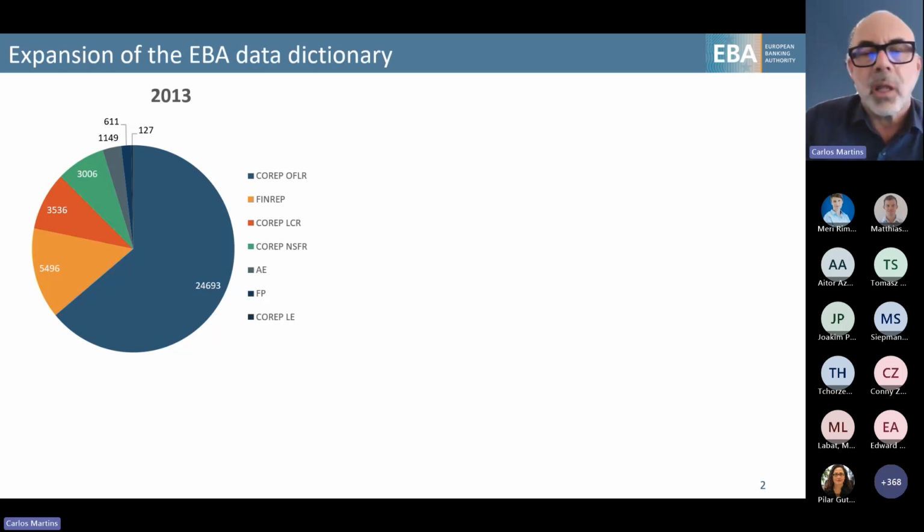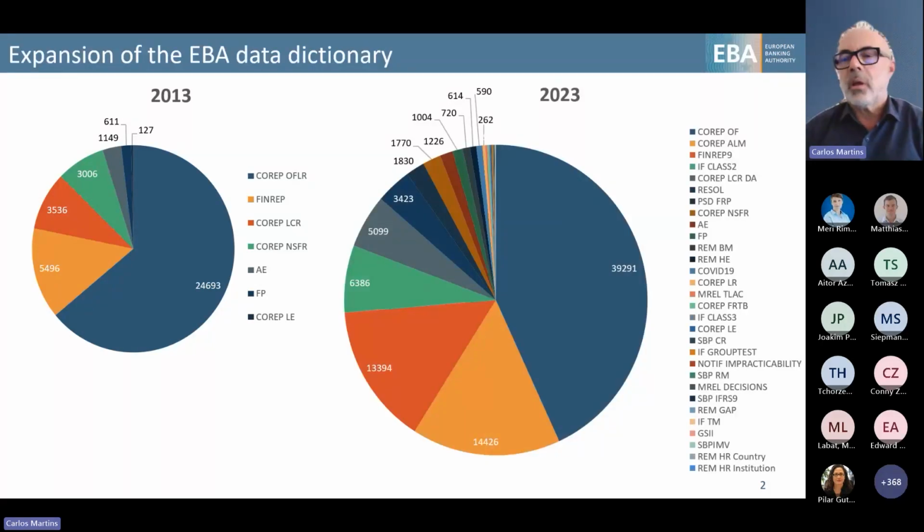And now, 10 years later, we have gone through many releases, and what we have now is a large set of different frameworks that all use the DPM in the same way as the means to define the data, the data dictionary. We see included here, for instance, resolution reporting, which came later, and even more recently, reporting for investment firms.